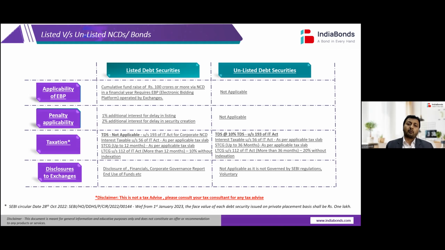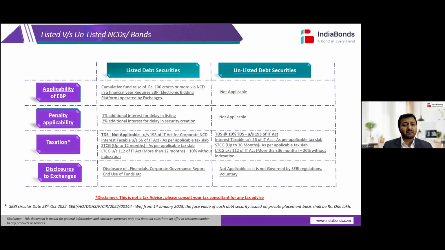अगर 100 करोड़ के ऊपर एक कॉर्पोरेट रेस कर रही है एक साल में, तो दे हैव टू एक्चुअली गो टू ईबीपी, एक बिडिंग के जैसा एक्सचेंज का प्लेटफॉर्म है जहां पे इन्वेस्टर्स कैन बिड फॉर दीज इन द प्राइमरी मार्केट ऑल्सो. जैसे काफी इन्वेस्टर्स सेकेंडरी मार्केट में खरीदते हैं, यू गाइस कैन ऑल्सो इन्वेस्ट इन द प्राइमरी मार्केट. हाउएवर यू जस्ट हैव टू रजिस्टर विद एनएससी और बीएससी एंड यू कैन बिड फॉर दीज bonds in the primary market itself if you wish to, right? Depending on whatever is the minimum investment size, that every issue changes. However, that is only there in listed securities.